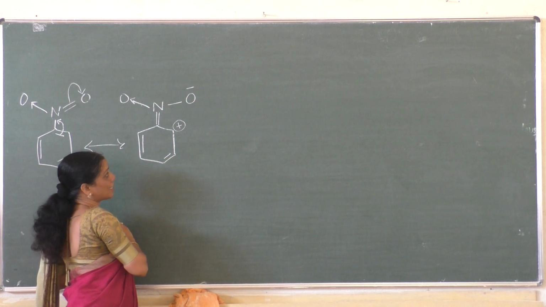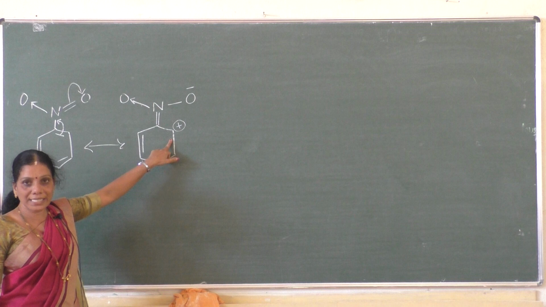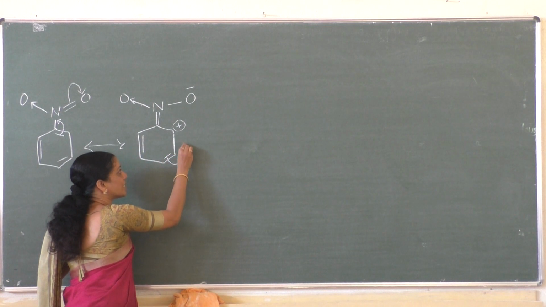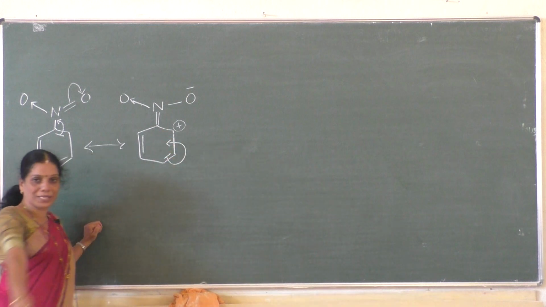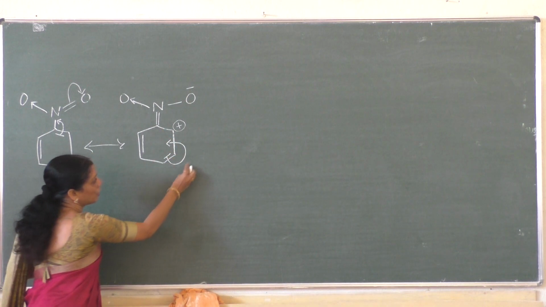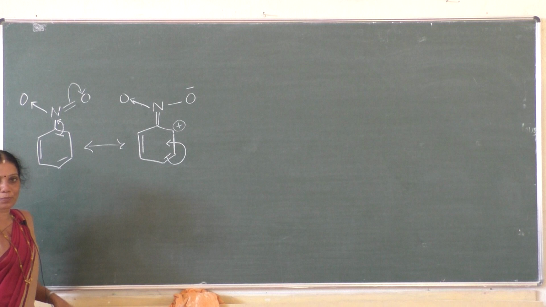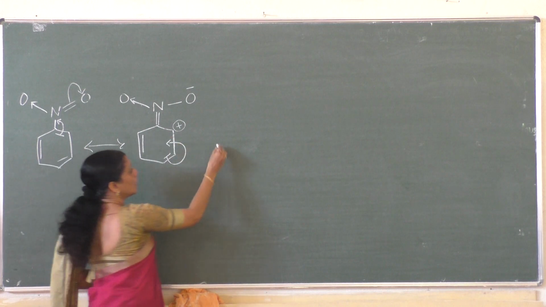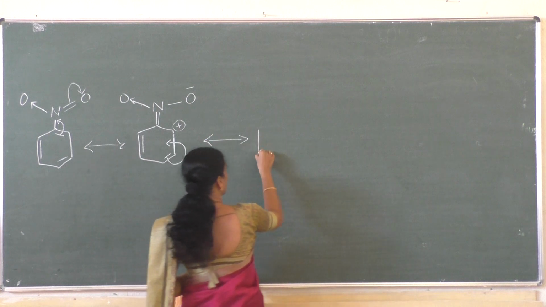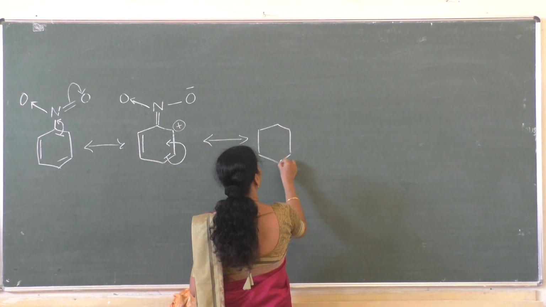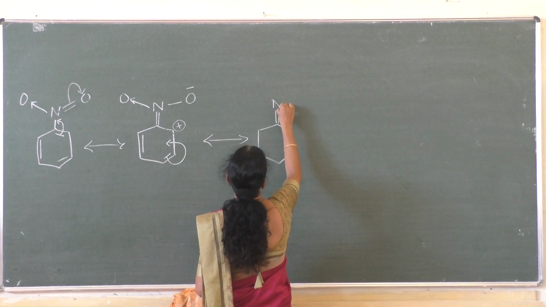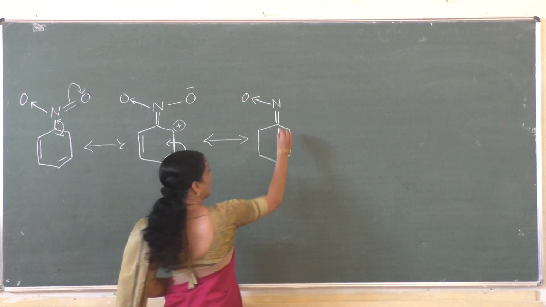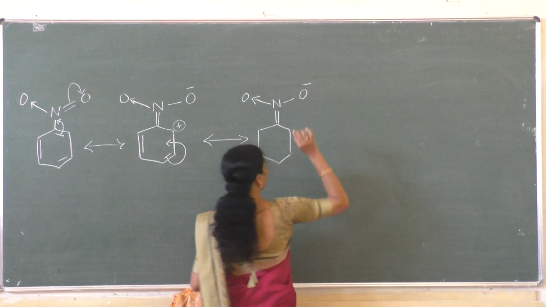That means another resonance takes place here. To satisfy this carbon atom, electron deficient carbon atom, one more resonance takes place. Delocalization takes place. See? Shift of electron takes place to the next position to satisfy this carbon atom. Now what happens once that shift takes place? We can see here, I'll write double bond N, coordination bond with the oxygen, and double bond here becomes single bond, O minus.